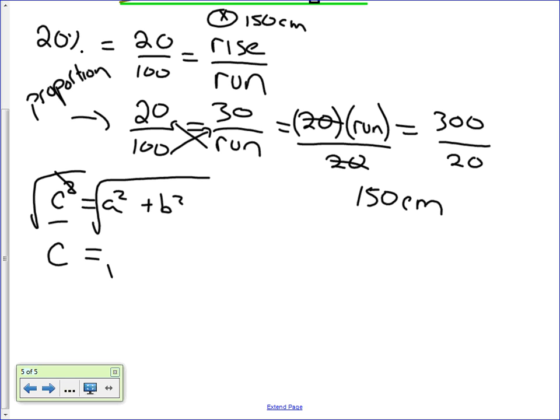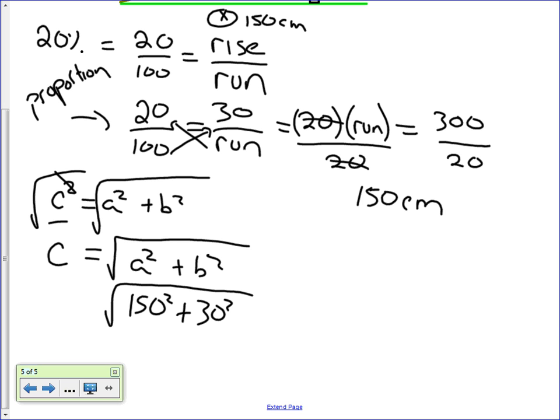So c is equal to the square root of a squared plus b squared. A I found to be 150, squared, plus the 30, squared, that's b. I'm going to square root it all, and that's going to give me the length of my ramp. And when you do the math, you will get about